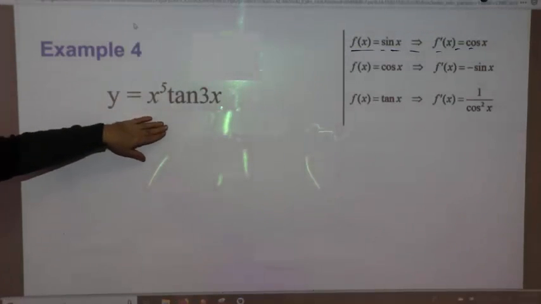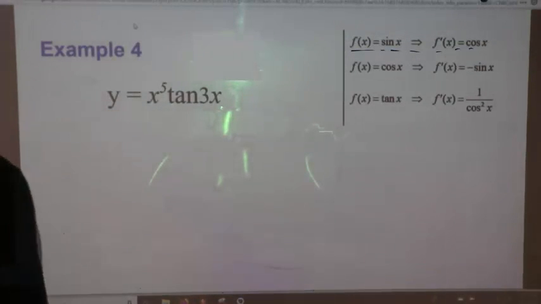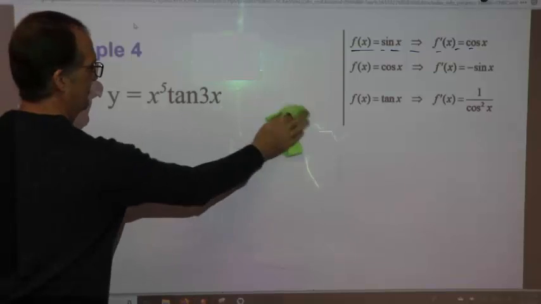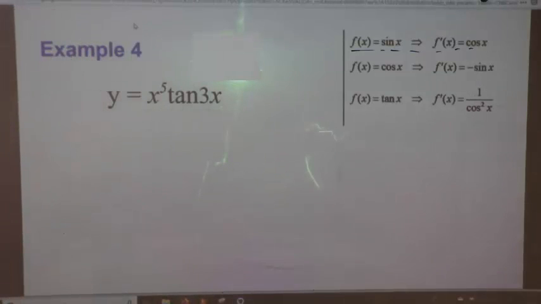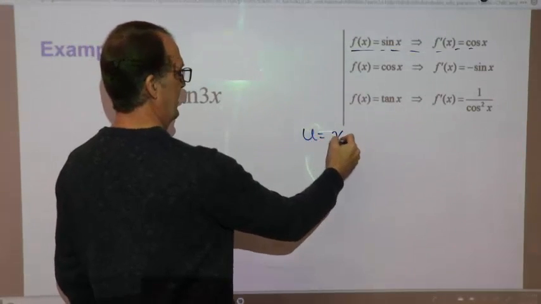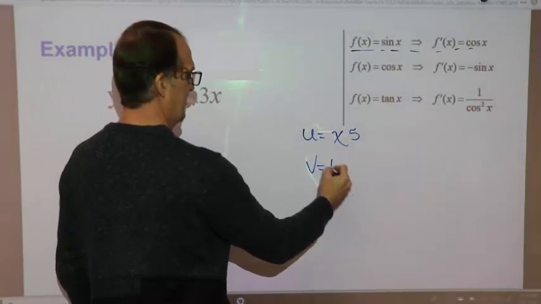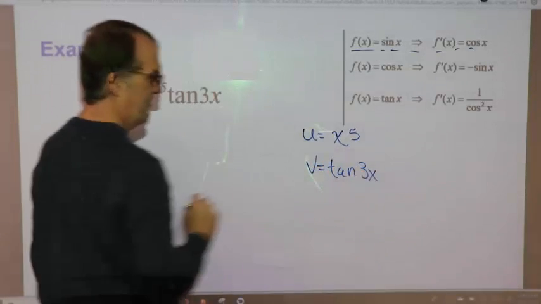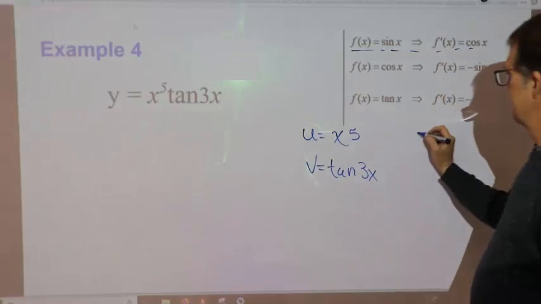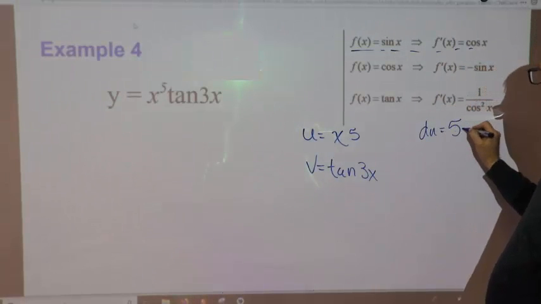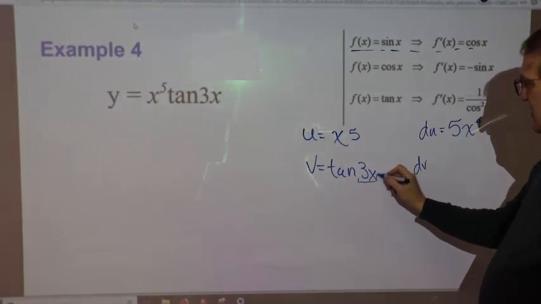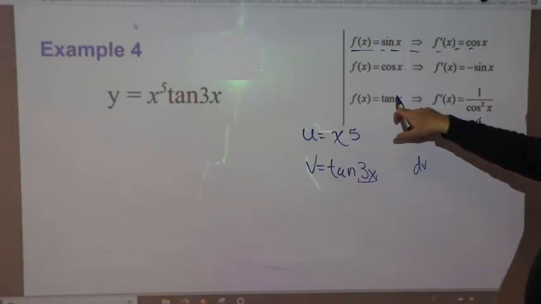And for this example, again, it's the product rule, because you have x to the 5th times tangent 3x. Or sorry, tangent 3x, what am I saying? And so I want to think u is x to the 5th, v is tangent of 3x. And the derivative of u, 5x to the 4th. The derivative of v, again, you have to think that it's not just tangent x, it's